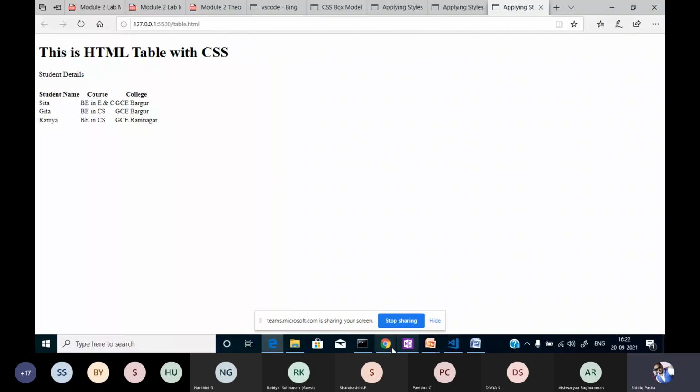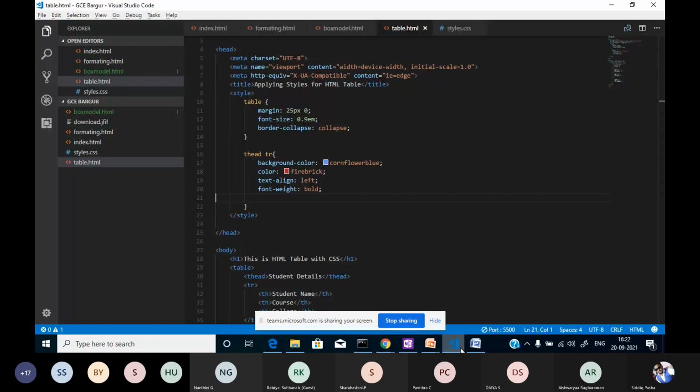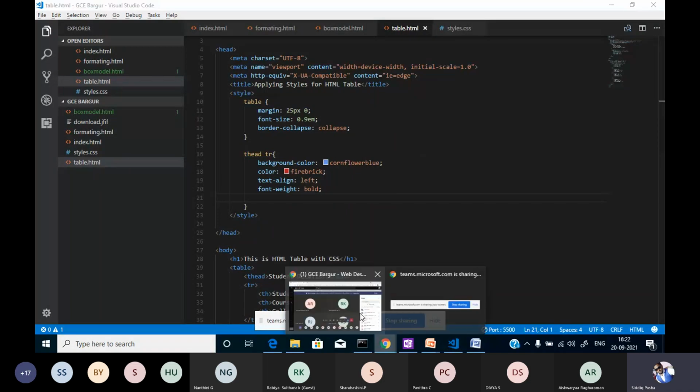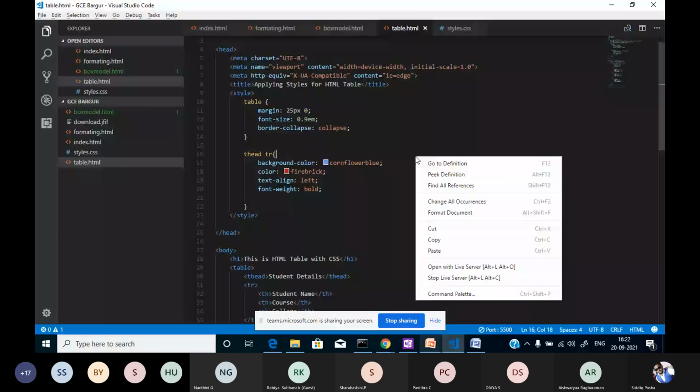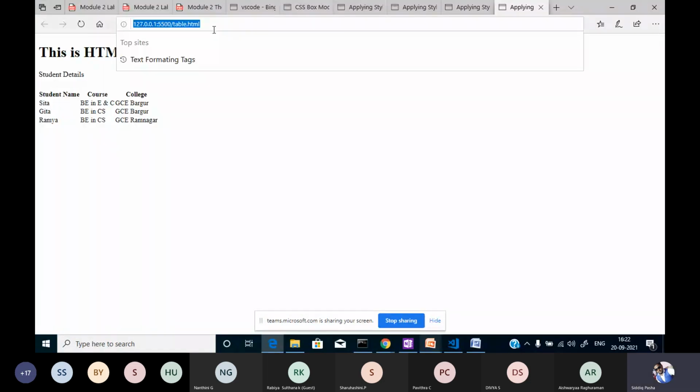The style is not rendered here. So let me check it out. Yes, we have the table, okay, everything is good. But why are the styles not rendering? Let me run it on this particular browser. Okay, these styles are not applied over here.